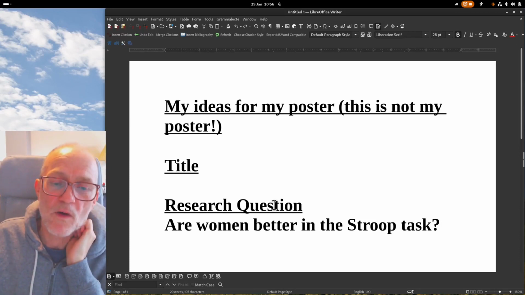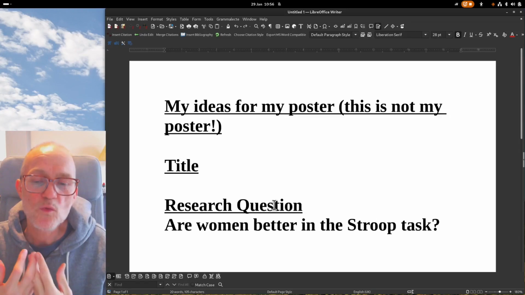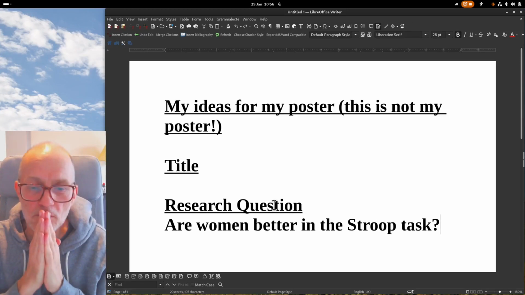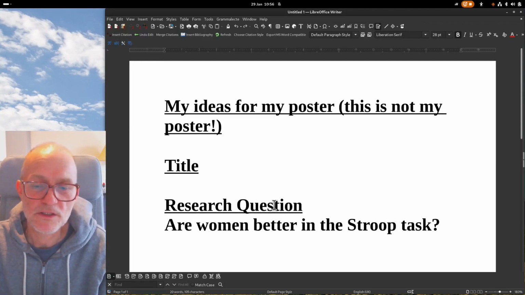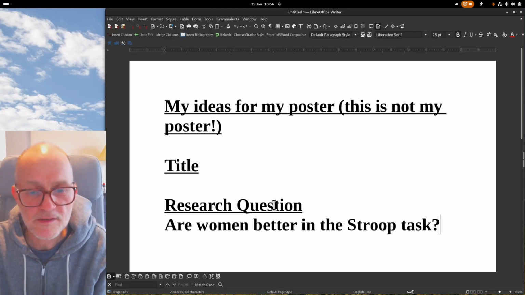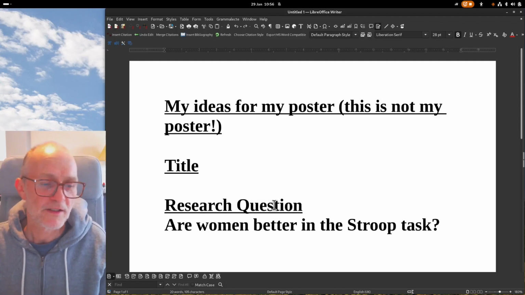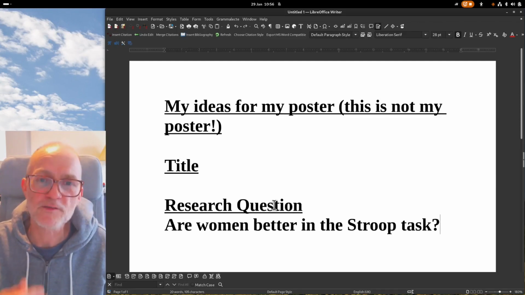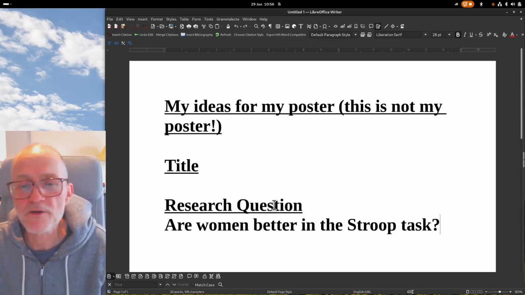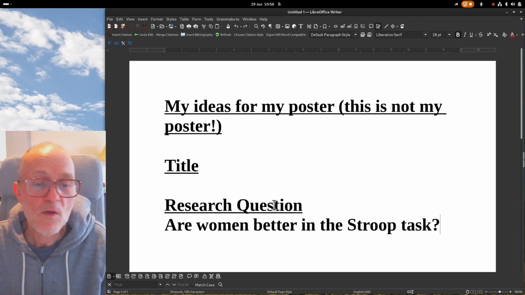Then what you also want in that, so what's the reason that you ask this question? Is there some research? Is there a theory that suggests that women are better at that? So, for example, I don't remember all the details about the Stroop task and the theories about it, but maybe it's something where you could say, well, given that,